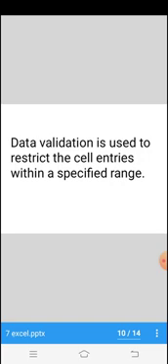So in that particular cell you can give the data validation. In data validation you have to give the specific range from 0 to 50. In an exam of 50 marks you cannot get marks more than 50 and you cannot get marks less than 0. So in that case you can use the data validation. This is the example of data validation. You have to give a specified range for the particular cell.